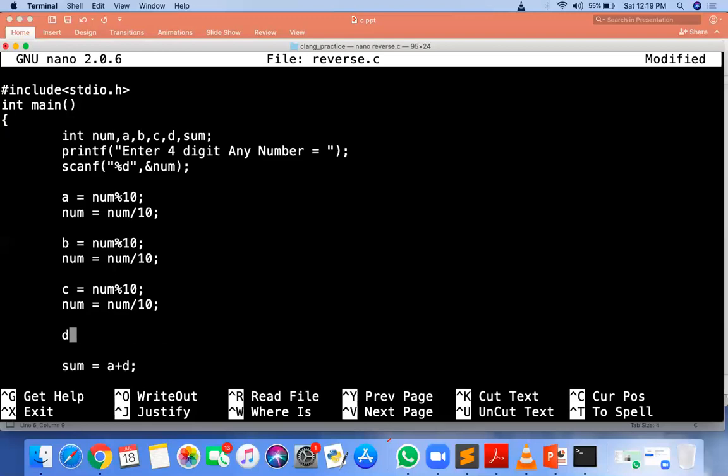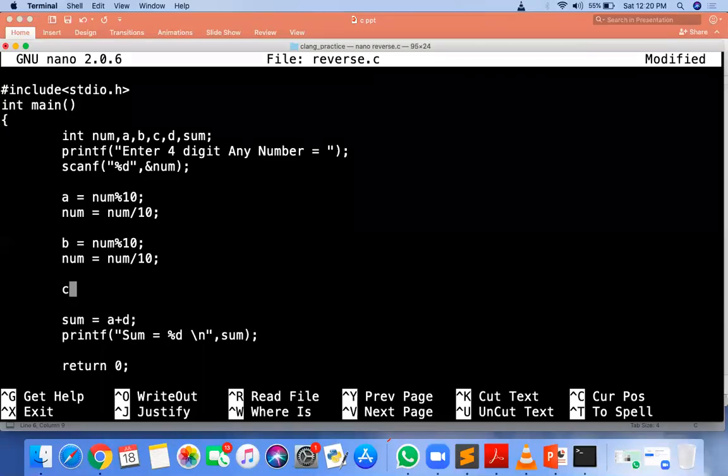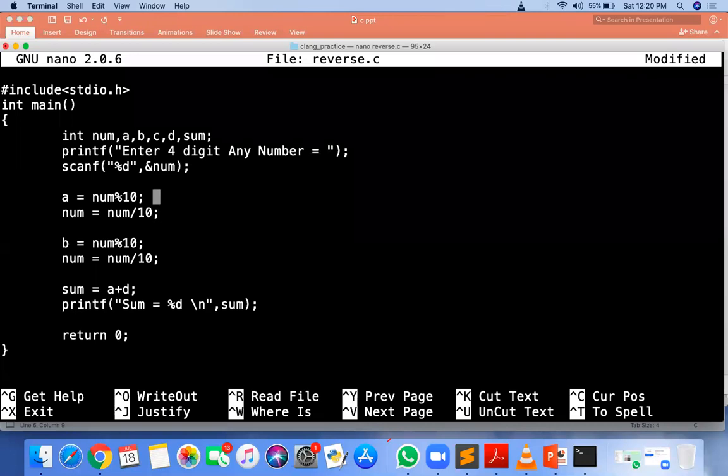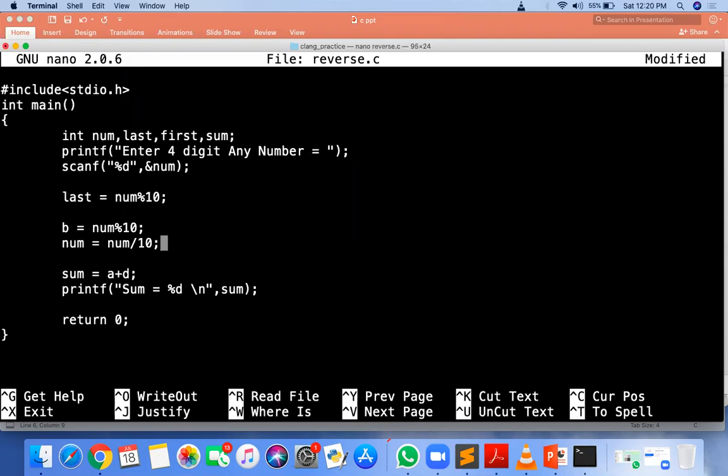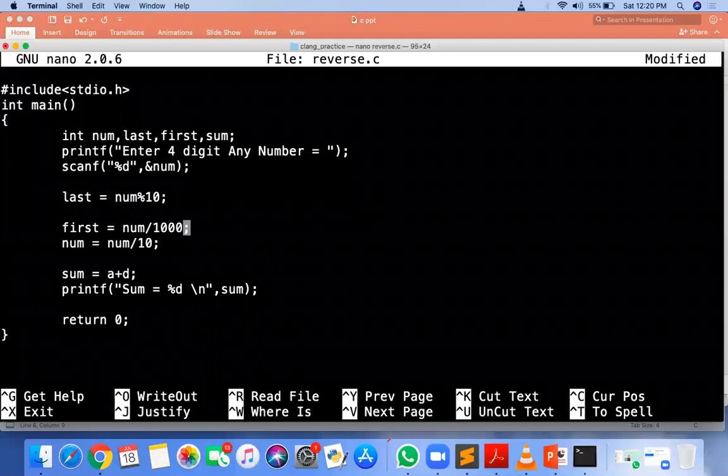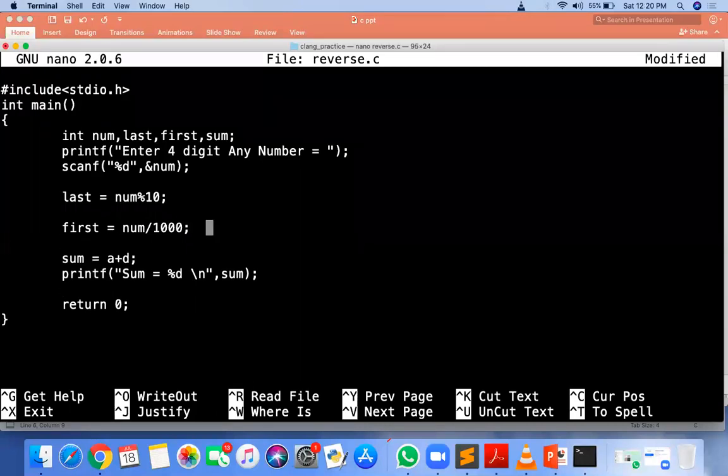And who is having the logic? Suppose A and B, last comma first. The last digit I can get by using last is equal to num modulus 10. And the first digit I can get by dividing by 1000.